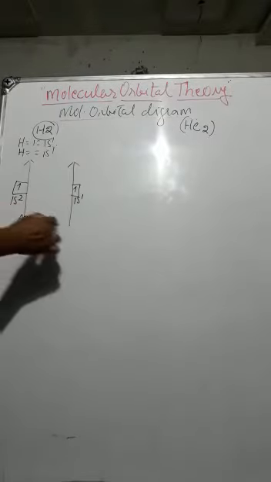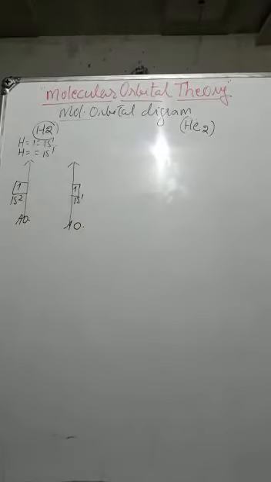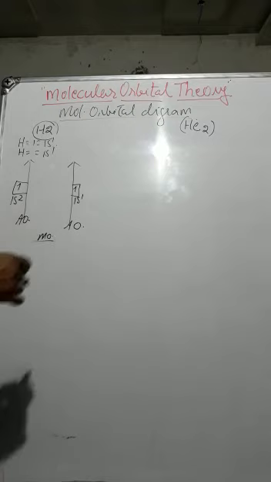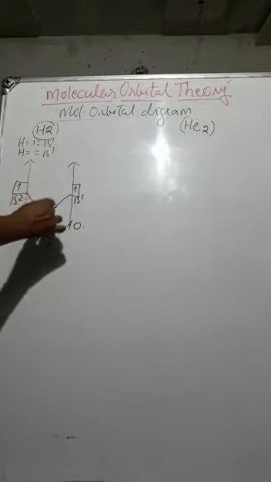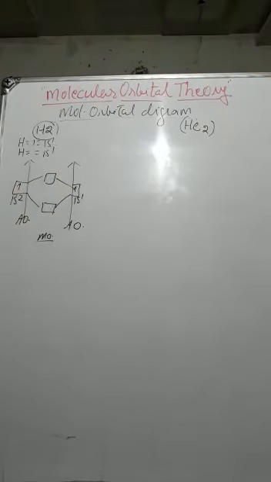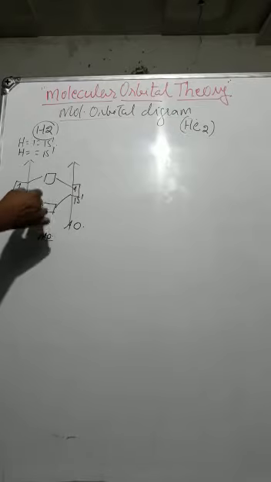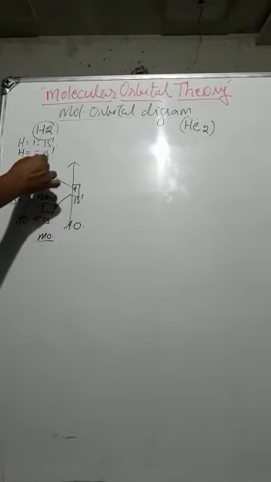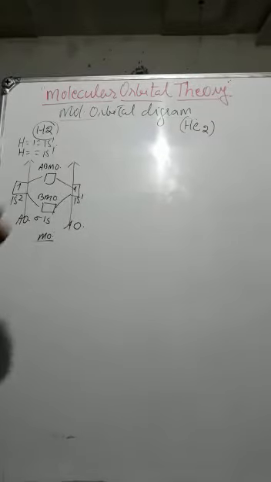Now we know that the number of atomic orbitals that participate and the molecular orbitals formed must be what? Equal. That is, if two atomic orbitals participate, there will be two molecular orbitals. The lower energy one, with the same wave overlapping, will form the bonding molecular orbital and will be denoted by sigma 1s, while the next one is called what? ABMO. It is of high energy, okay, that disfavors the molecule formation.